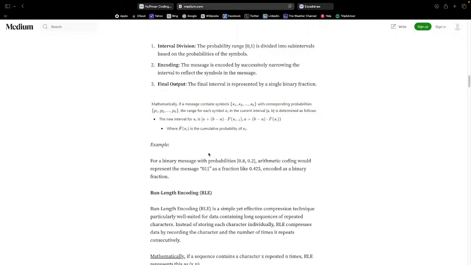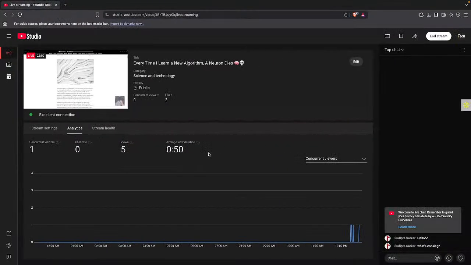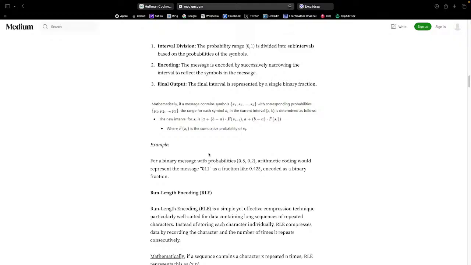Now run length encoding, RLE. So what is RLE? Run length encoding is a simple yet effective compression technique, particularly well suited for data containing long sequences of repeated characters. Instead of storing each character individually,